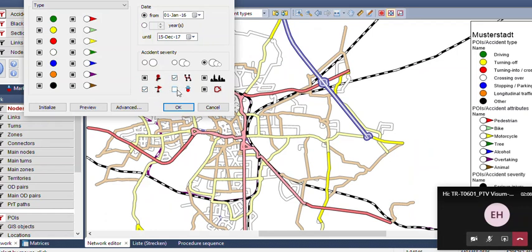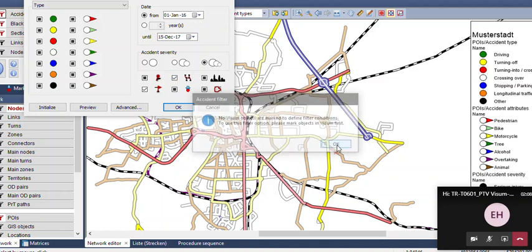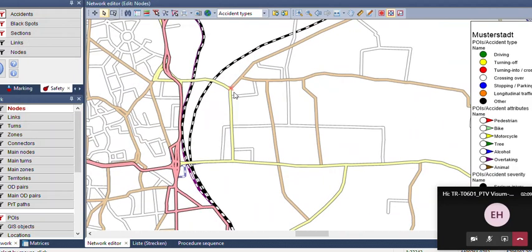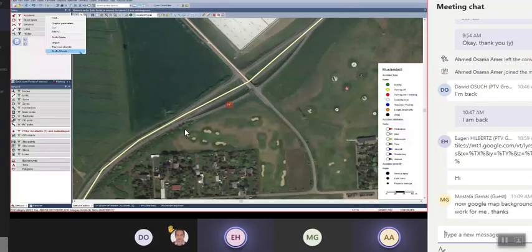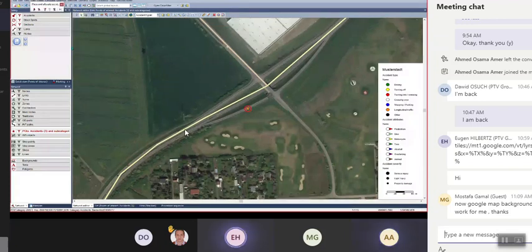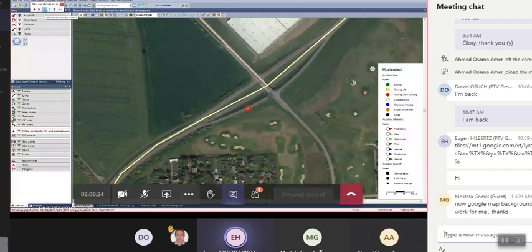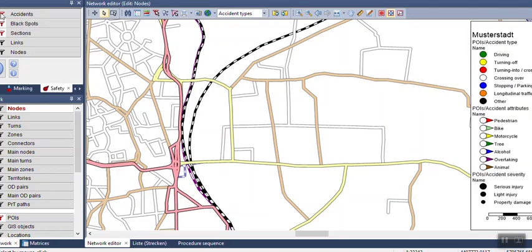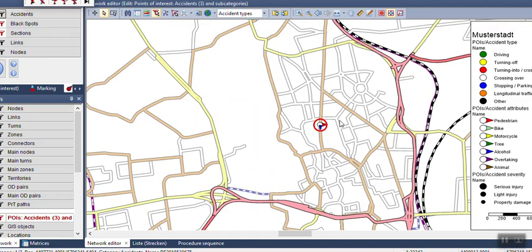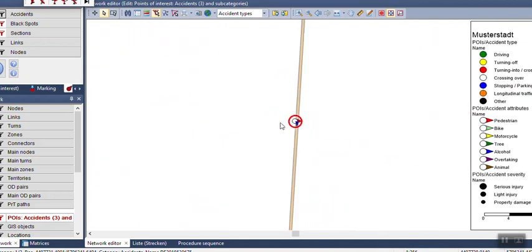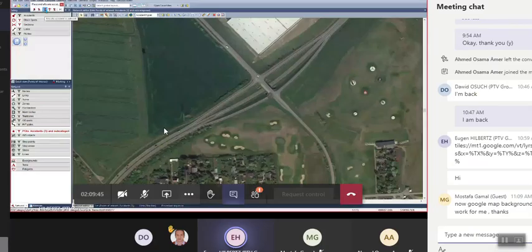If you like to allocate exactly this one accident, then you can click on the accident with the right mouse click, and then click on place and allocate. So now this accident can be allocated by this option, allocate accident to the network. Yeah, so this button in the middle, place and allocate, and then you see automatically this accident now is allocated to the network. So now I know that the accident is here on that particular street. And that's how we can do it